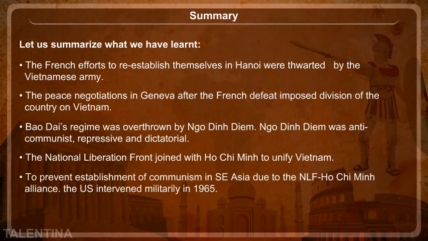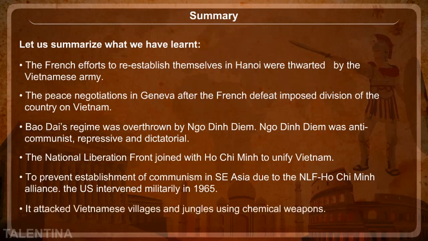To prevent establishment of communism in Southeast Asia due to the NLF Ho Chi Minh alliance, the US intervened militarily in 1965. It attacked Vietnamese